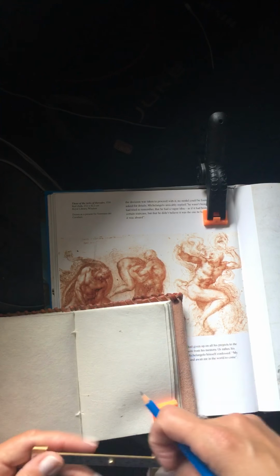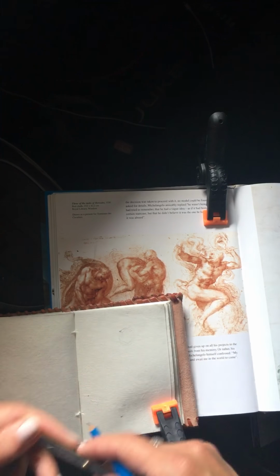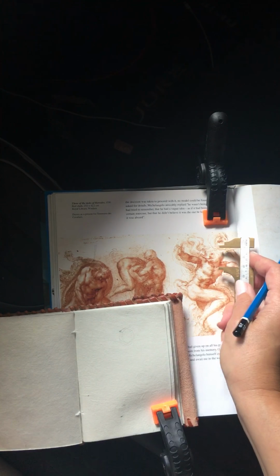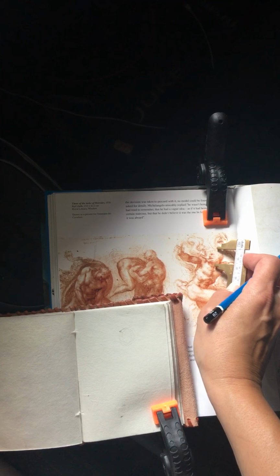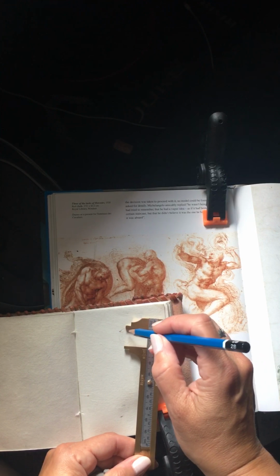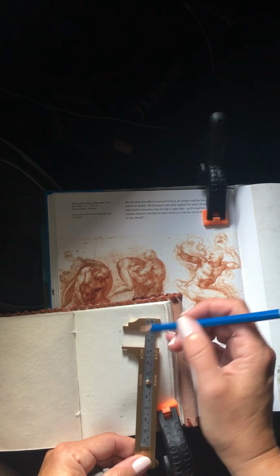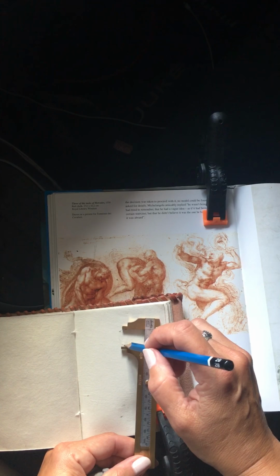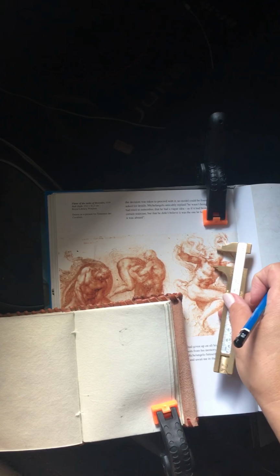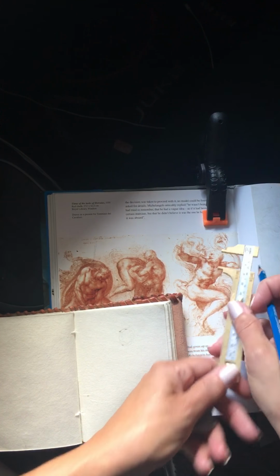And another thing I do sometimes is just kind of rough out about where the head would be, and then I get a basic measurement about how big the head is. So I'm going from top of the head to the bottom of the jawline. And when I'm doing this, I like to actually think of the area. I wouldn't be saying it out loud if YouTube people weren't watching, but I do like to say, okay, top of head to jaw, because you'd be surprised how hard it is to keep track of where your measurement was,